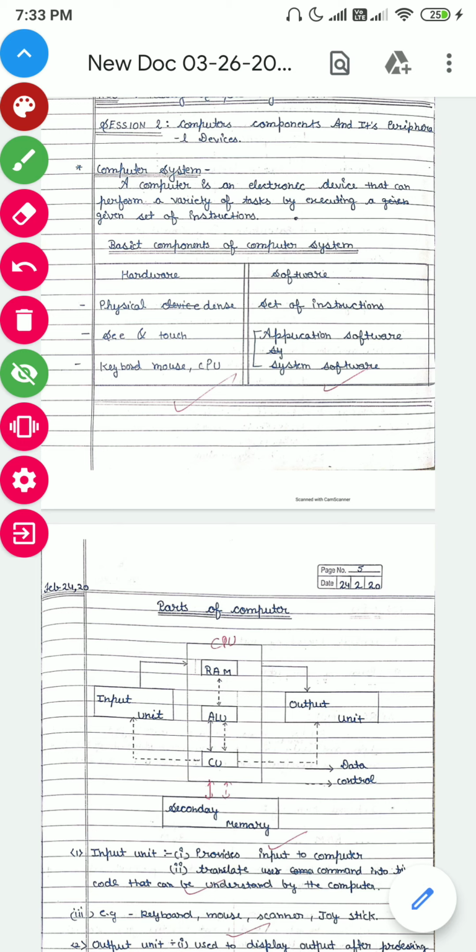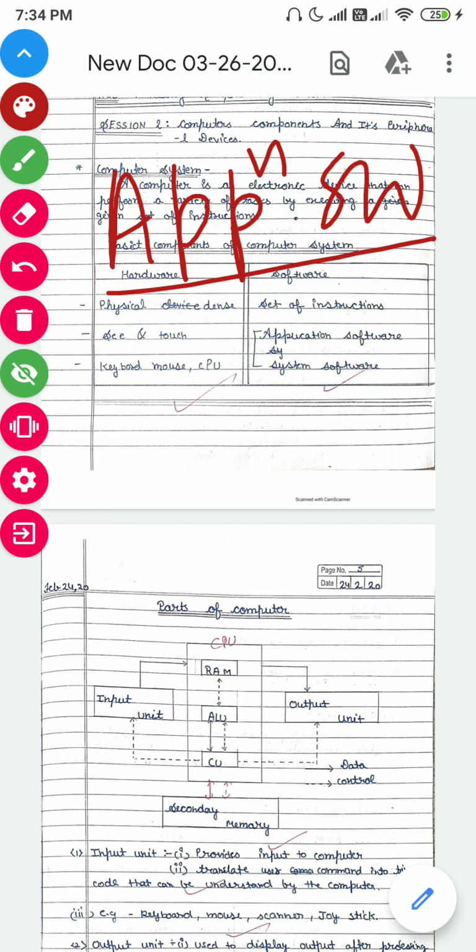Okay, software can be of two types: application software and system software. Application software are all those software that you see on the screen when you open your personal computer or laptop, because application software is for user convenience. And what is system software? Software that the system uses is known as system software.